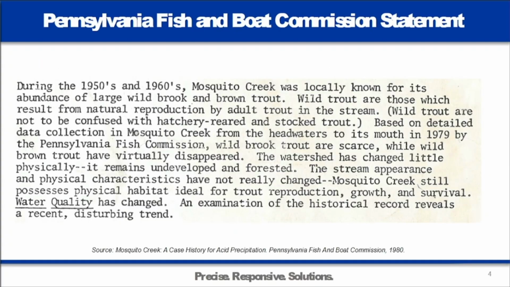I think this is a really good document that I found. It's from about the 1980s or 1990s. I couldn't find an exact date on it, but it says that during the 50s and 60s, Mosquito Creek was locally known for its abundance of large wild brook and brown trout. That's right from the Fish Commission, it's a very powerful thing. But what they saw